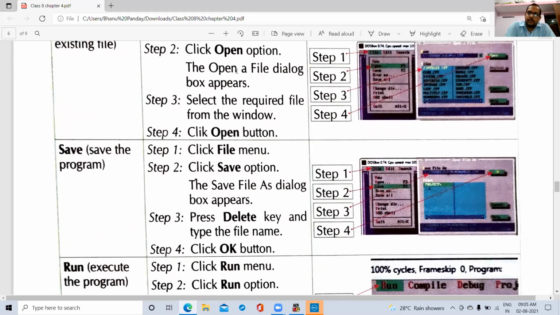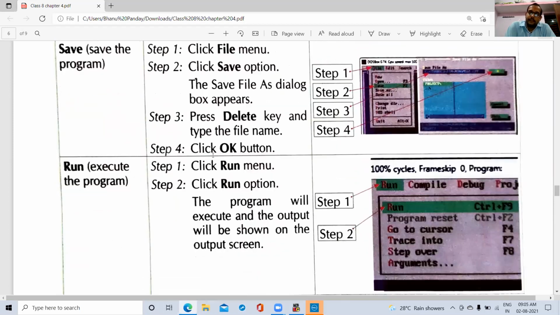Similarly, save your program. If you want to save your program, go to file and click on save, and then here you have to write your file name with the .cpp extension. Means the C++ file extension is .cpp, and then click on the OK button. Once you click the OK button, your file will get saved. Similarly, if you want to execute your program, choose the run option. Go to the run menu and click on the run option. The shortcut key for run is Control plus F9. Control and F9, you have to press both keys together, then your file will execute.